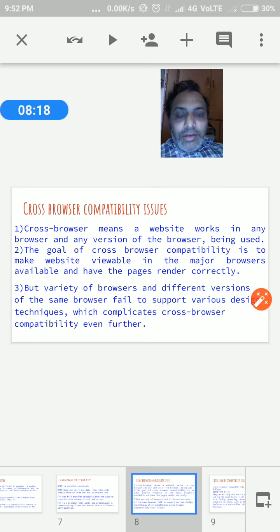It means we create the code in a hierarchical way, and the way we represent the data on the browser is what we call rendering. From start to end, whatever tags we use and whatever data we put in between the tags, exactly that data is represented on the browser. That is rendering correctly.